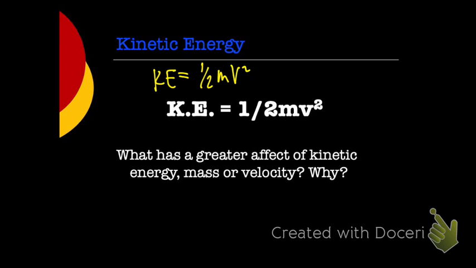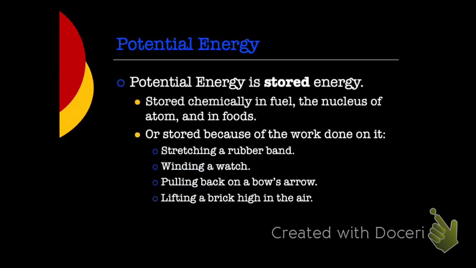What I want us to do for this chapter is to start giving ourselves a little sheet of our equations, because we're going to get 2 or 3 equations for this chapter. And I want us to have them out and available for us to see, so we're not having to flip back through our notes all the time. So, potential energy is stored. Okay, it can be stored lots of different ways. It can be stored chemically in food, in an atom, in fuel that we use. But the potential energy that we're going to focus on is really a type called gravitational potential energy, which is energy stored in objects in their ability to fall.